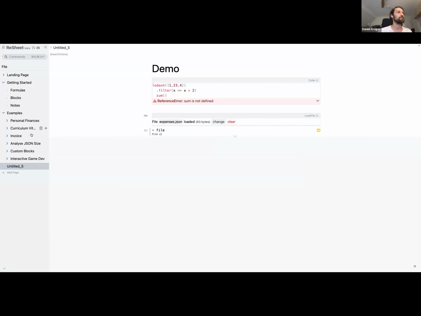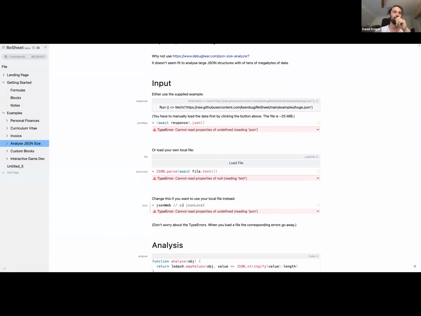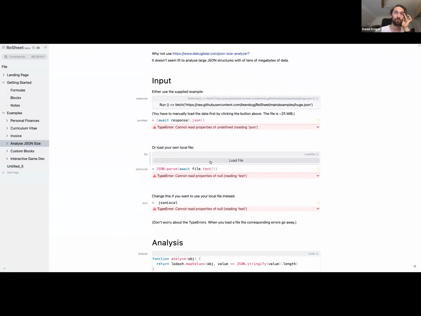Okay, so for example, one little thing, just to show you what one could do with this: once I had a saved resheet document that was getting huge and I didn't know where this came from. So I wrote this little thing where I load the file itself.